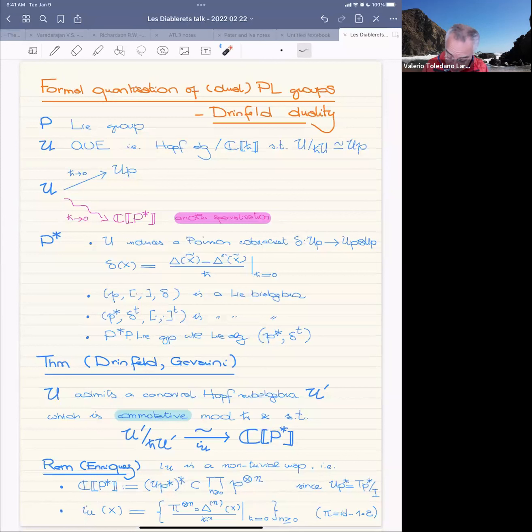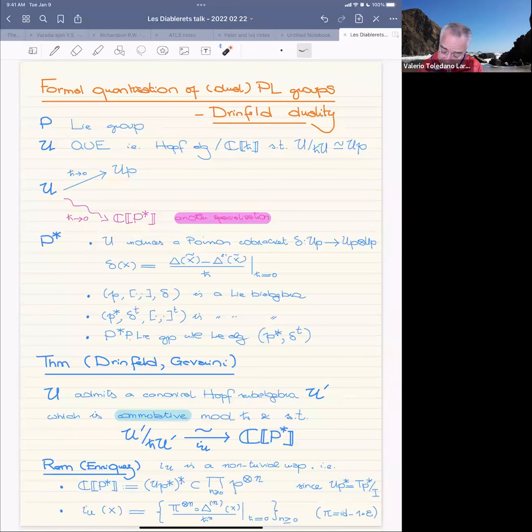But there is another and slightly subtler specialization where I can take a different limit of this and get myself into a commutative algebra, a commutative Hopf algebra, as opposed to something which is non-commutative, which turns out to be exactly the algebra of functions on this formal Poisson Lie group. And so it goes like this. So let me tell you some of the steps.